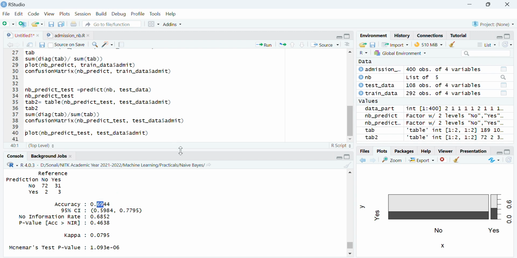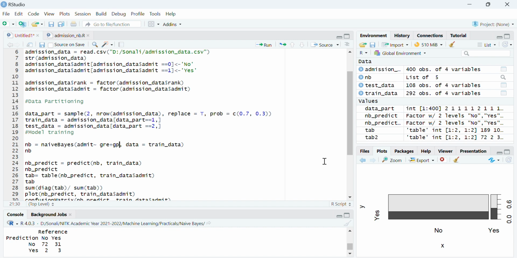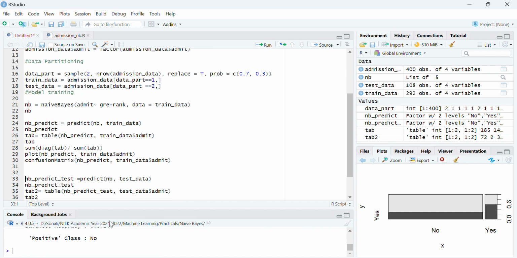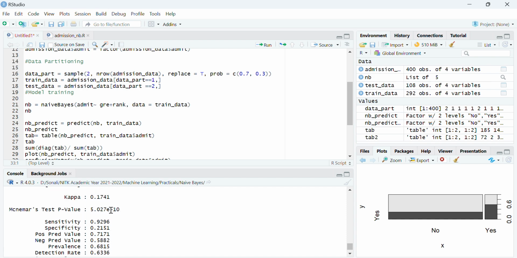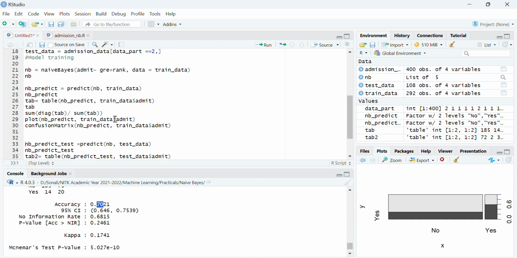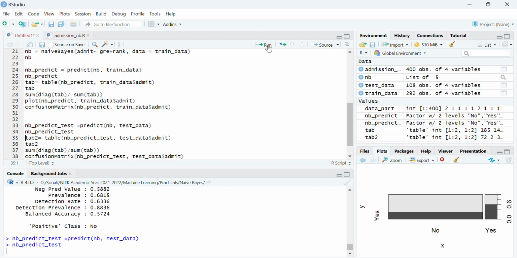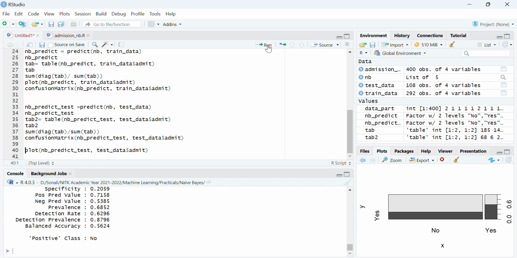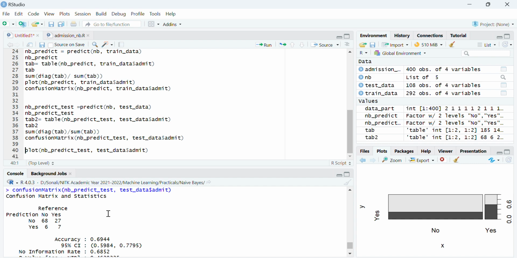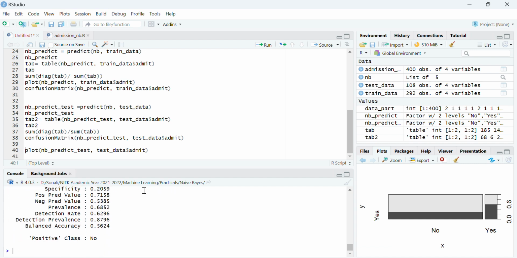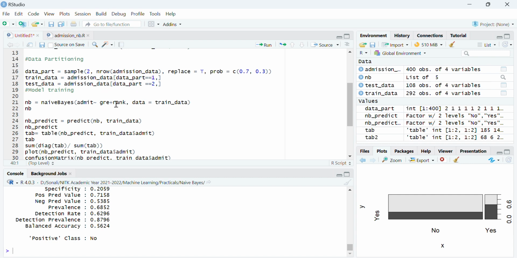That means rank was playing an important role. So let us just remove GPA and check whether only rank will increase the accuracy or not. So let's recreate the model again with the new attributes, and let's see, 70%. Yes, again it is giving me good results. That indicates that rank was playing an important role. Understood? So again here also we are getting 69%, but it's not as good as what we were getting by including all three parameters. So you can include GPA also, right? This way also you can fine tune your models.